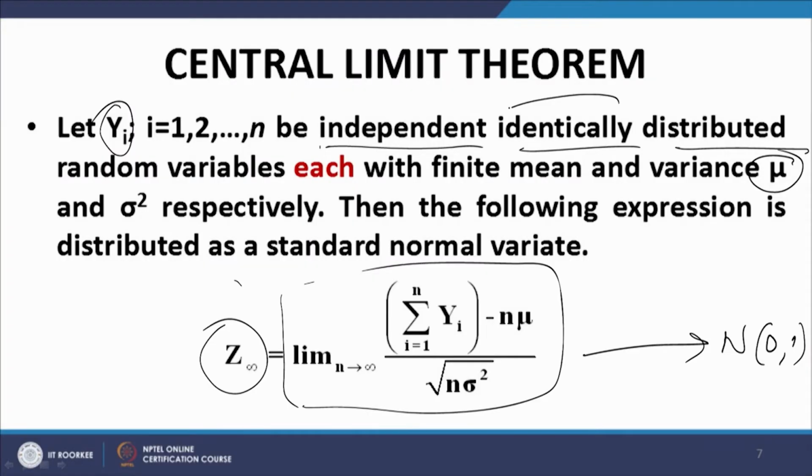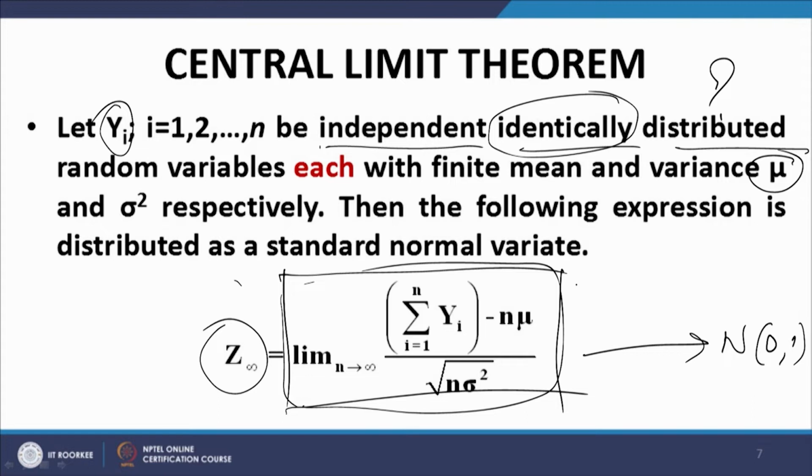Of course, the finiteness of the mean and variance are also required, but as far as the distribution is concerned, as far as the variables themselves are concerned, the only thing that is mandated for application of the central limit theorem is that they should be independent, identically distributed. They should be identically distributed, but what that distribution is, is irrelevant. It may be normally distributed, it may not be normally distributed, but this quantity that we have in the box here, this quantity